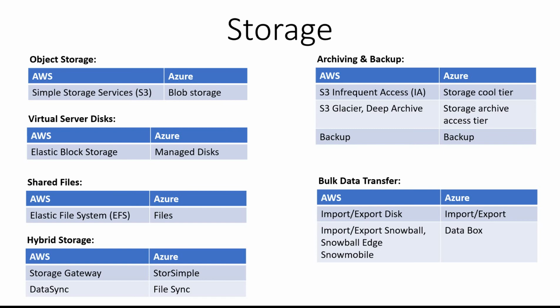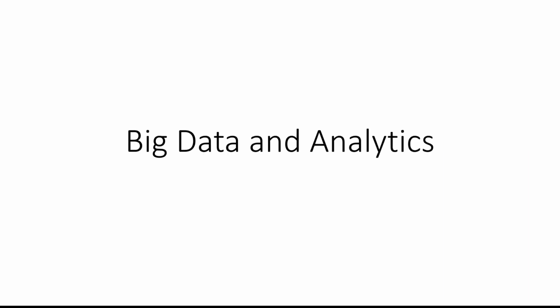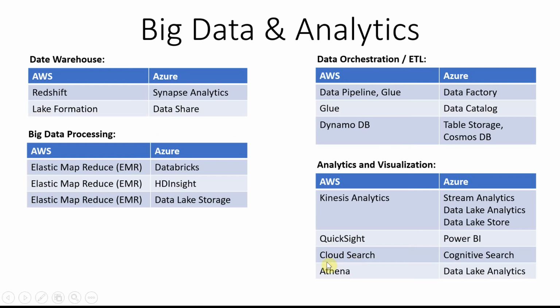Similar to select star from with some where conditions, that is what Athena is. You can do a search on a storage, primarily object storage, but this scope is restricted to S3 only. The same applies here where you have a data lake and data is available in the data lake. If you want to select or search something, you can use filters in Data Lake Analytics and get the data. So that's about the big data side of it.